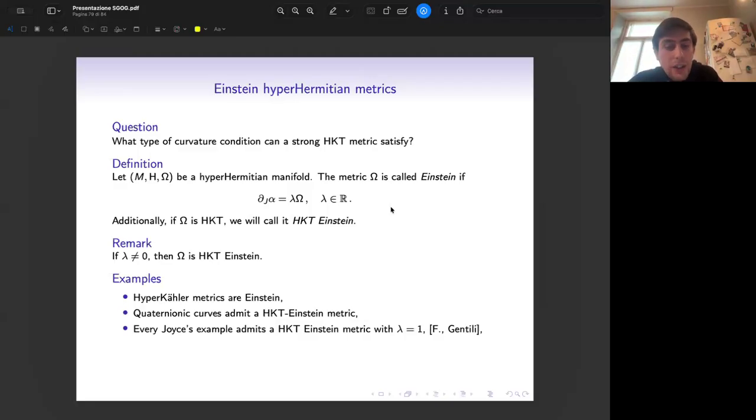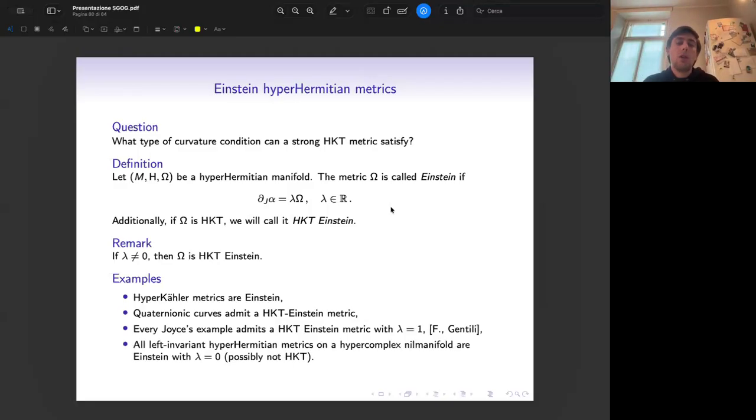As for non-HKT examples, we know that any left invariant hyperHermitian metric on a hypercomplex manifold is Ricci flat, and so in particular is Einstein with zero Einstein factor. And some of them, of course, are not HKT. So, but in some sense, this